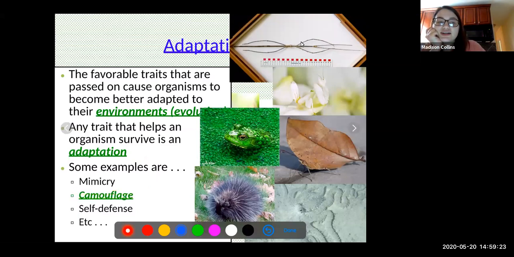Mimicry is when one organism basically mimics or tries to act like a different organism. I don't have a picture of this on here, but I saw one example floating around on Twitter a few days ago where there's a type of caterpillar that has this adaptation where its skin looks like the face of a snake. So in that case, the caterpillar is mimicking a snake.